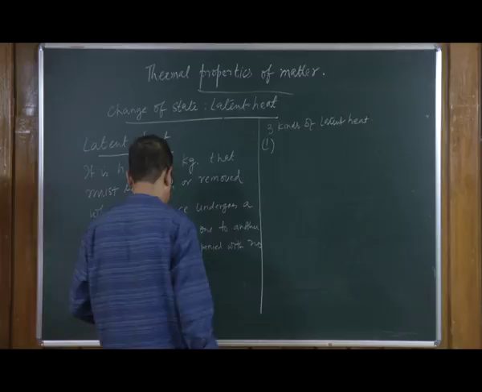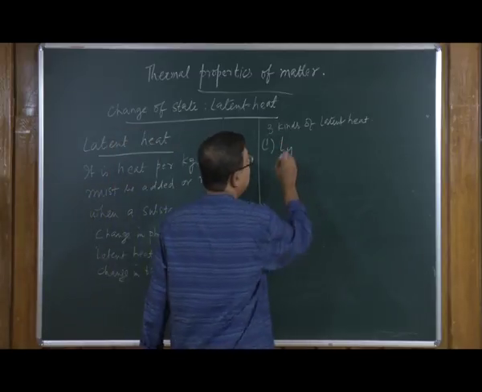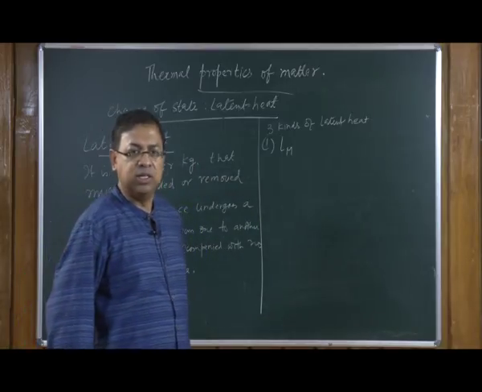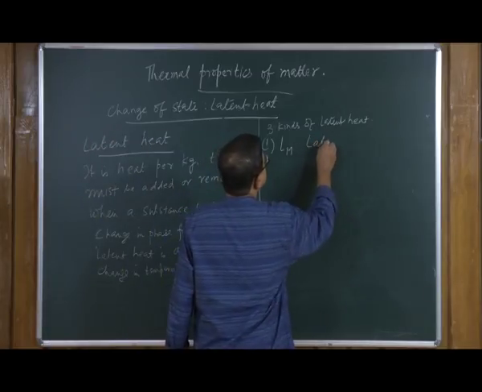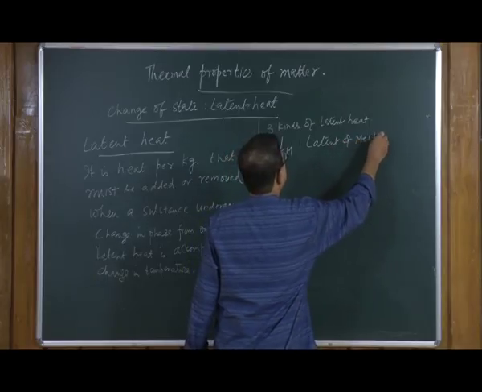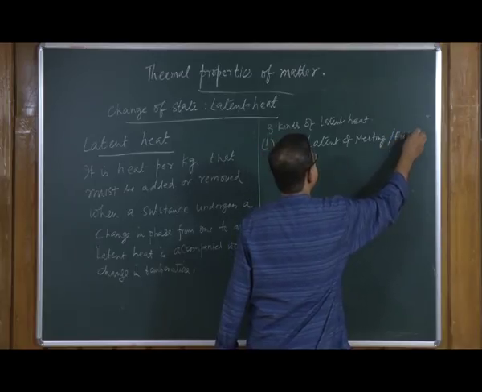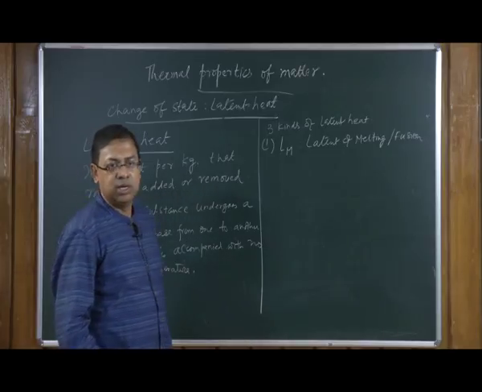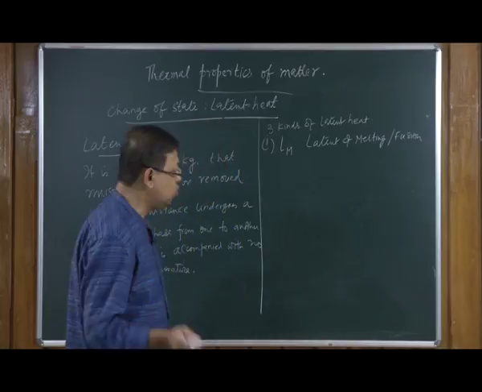One, we will call it Lm, which is latent heat of melting, but as I said, it is also called latent heat of fusion. So, this is latent heat of melting or fusion, which is associated with the melting of ice to water,